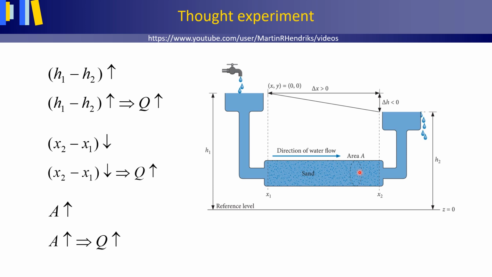Importantly, please already know that groundwater flow is through the pores and not through the solid substance, the sand particles here. We can now already establish part of Darcy's law. The volume flux or discharge Q through the porous sand material is linearly related to both the difference in hydraulic heads, H1 minus H2, and the area perpendicular to the groundwater flow, and inversely linearly related to the distance of flow through the porous material, x2 minus x1.